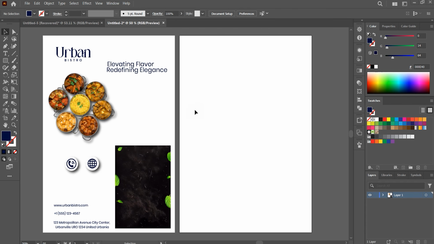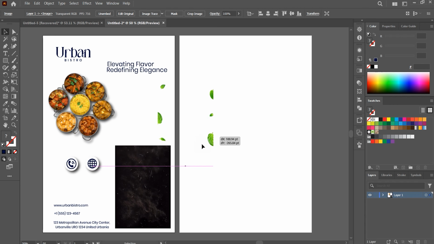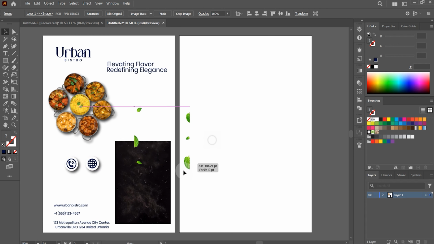So here we have all the elements which I'll be using in the design. This is the logo, this is the main text, and this will be the main image of the design. And these are the icons which I'll use to highlight the information of the restaurant, like the phone number and website. And last but not least, these are the elements which I'll use to enhance my design